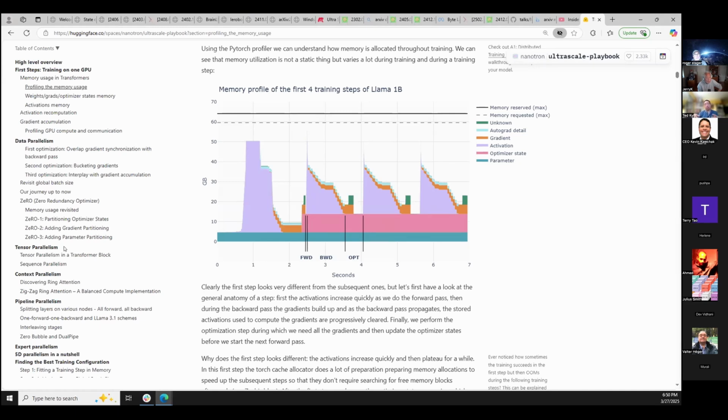Context parallelism is where you divide things along the sequence length. So if my max sequence length is 16,000 and I have eight GPUs, maybe I send 2,000 tokens to each GPU. And once again, there are times when they need to talk to each other to do gradient updates and things like that. And then the fourth one that we talked about is pipeline parallelism, which isn't really along the data dimensions, but just the fact that your model